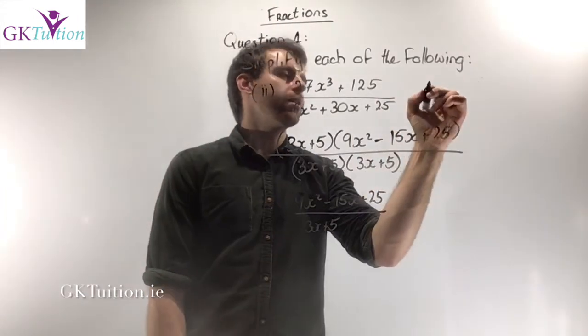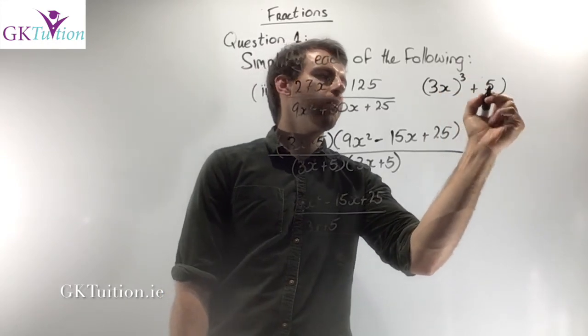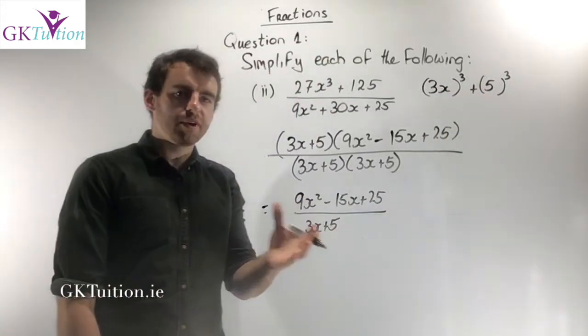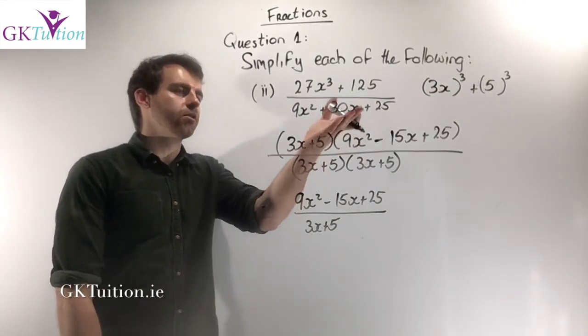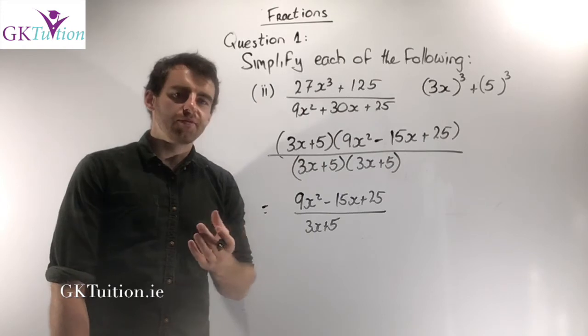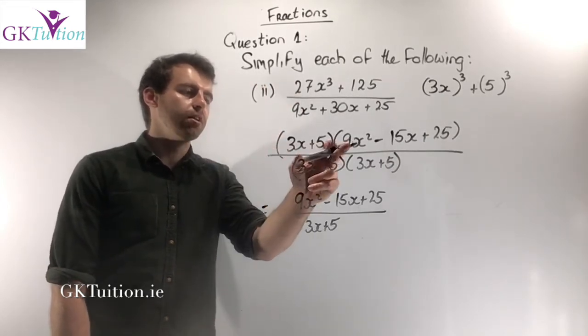You need to recognise that that could be rewritten as 3x all to be cubed plus 5 all to be cubed. In the previous video, we've explored how to factorise the difference of two cubes. The sum of two cubes. And if you do that in this case, if you factorise this, you get 3x plus 5 times 9x squared